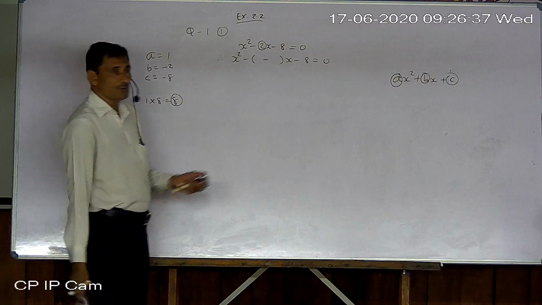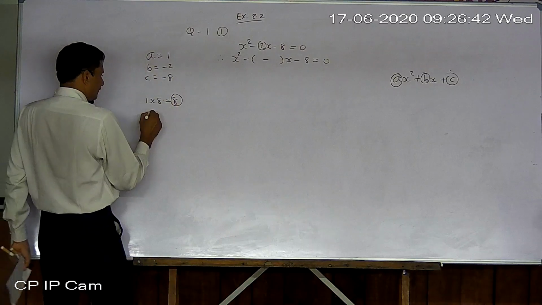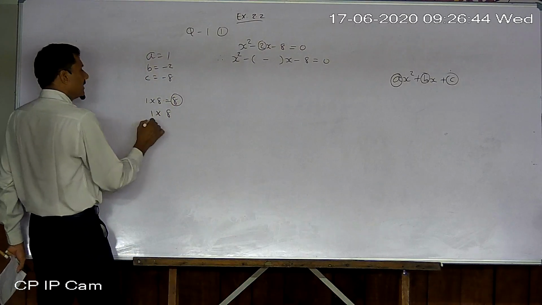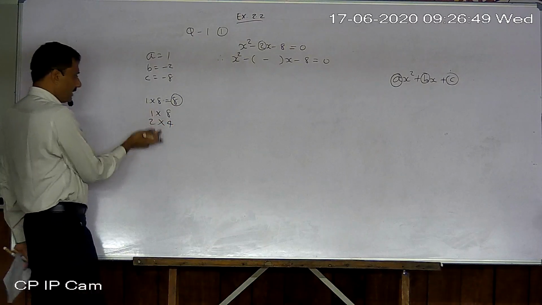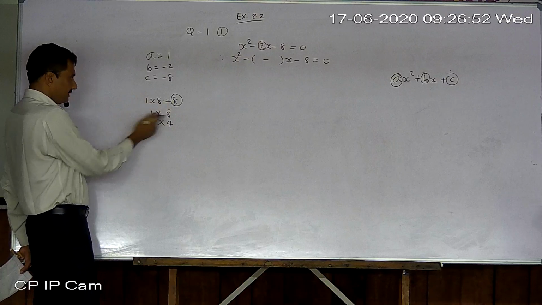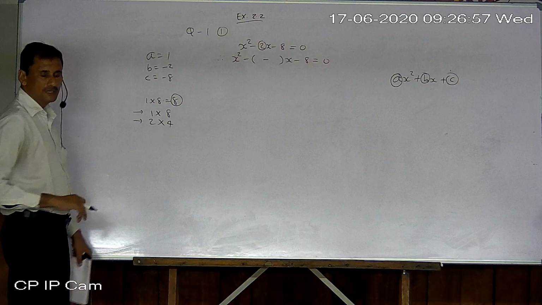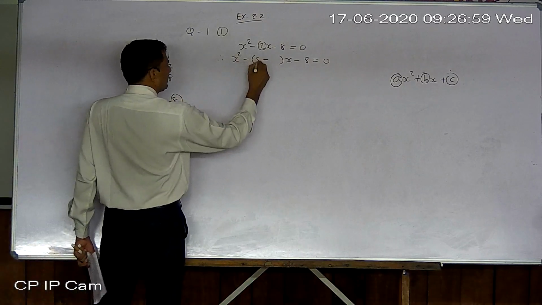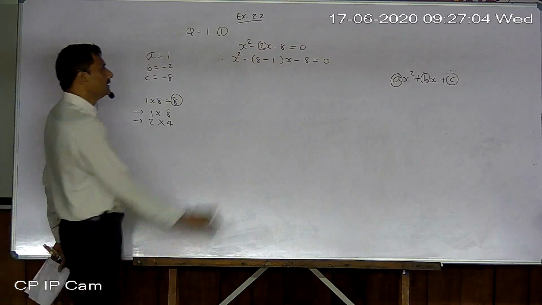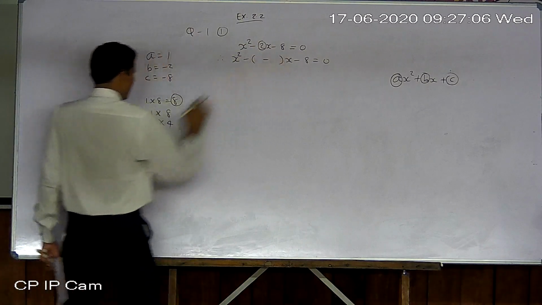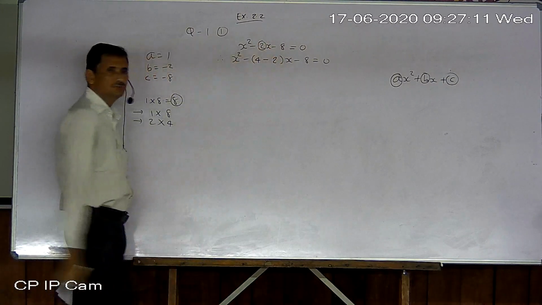Now from the factors of 8, you have to select these two numbers. Now I am writing the pairs: 1 multiply 8, 2 multiply 4. Just two pairs only. If you try to go ahead, then it will be 4 times 2 when the pair will be the same. So out of these, which pair to be taken here? If I write 8 and 1, then obviously 8 minus 1 becomes 7, so it is not possible. If I write 4 and 2, then 4 minus 2 becomes 2.